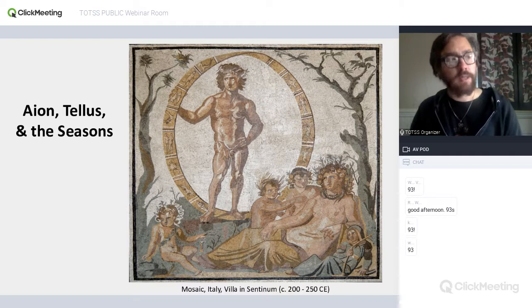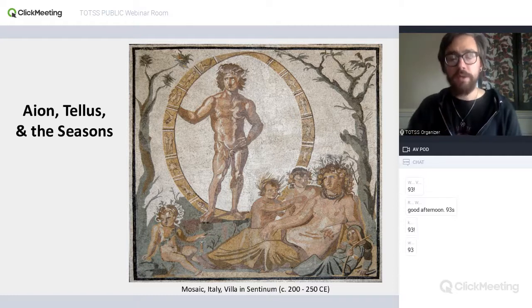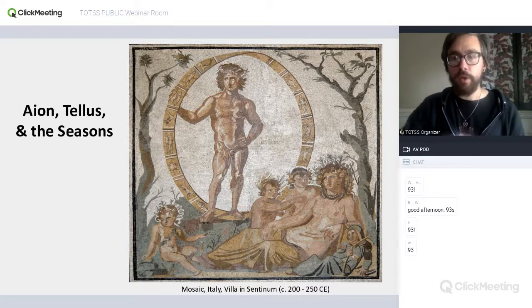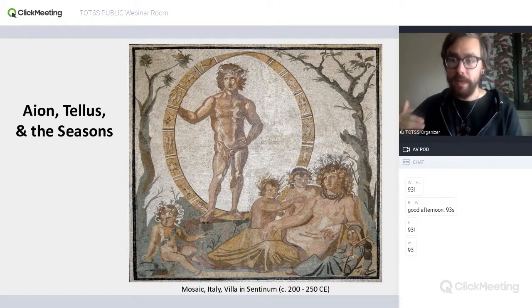So I think that's an interesting thing to think about as we think about the representation of time and of cycles. We have this idea of the zodiac as an eternal, cyclic time. Not eternity in terms of infinite or unending time, but particularly the infinity of a circle that neither has beginning nor end.